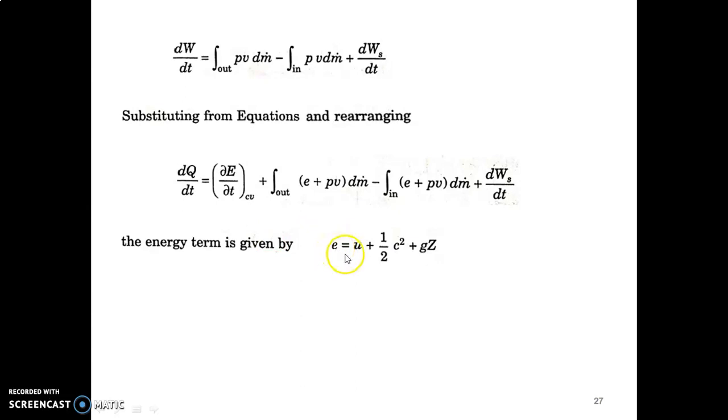So small e is actually the sum of different types of energy in the system. Let us see what types of energies are here. Small u is the specific internal energy within the system, half c square is the specific kinetic energy, and g z is the specific potential energy. Similarly, there will be other types of energies also: electromagnetic energy, electrical energy and gravitation. Some other types of energies will also be there in the system, but all those will be negligible when compared to the values of these energy components. That's why we have neglected those energy terms.